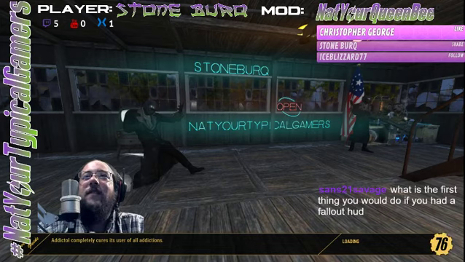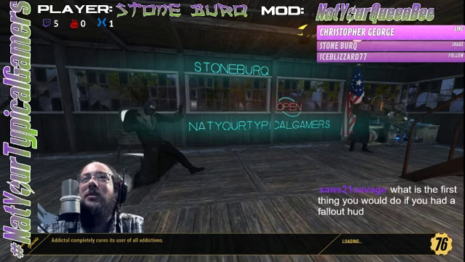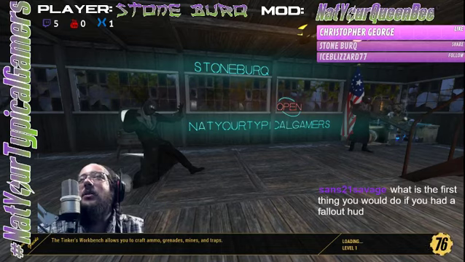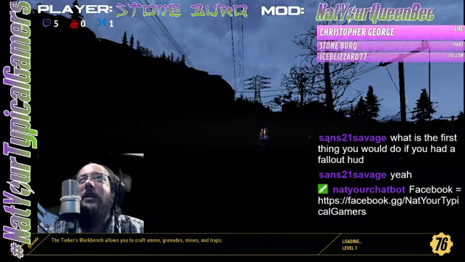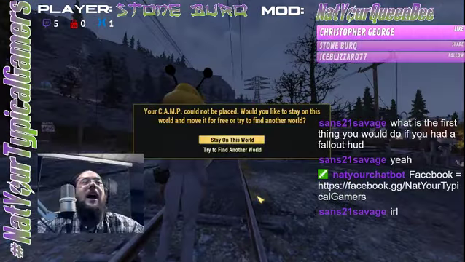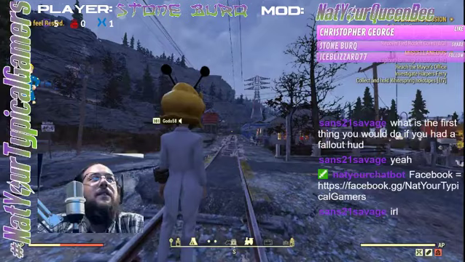What is the first thing you would do if you had a Fallout HUD? What do you mean, like in real life if I had a Fallout HUD? Or you mean like when the... I'm confused about the scope of the question, I guess, not necessarily the question itself. Because what is the first thing that I would do if I had a Fallout HUD, like a heads-up display in real life, like a Pip-Boy? I don't know. That would be kind of weird. That is kind of weird. I love the joke of... Stay on this one. Of if you had...